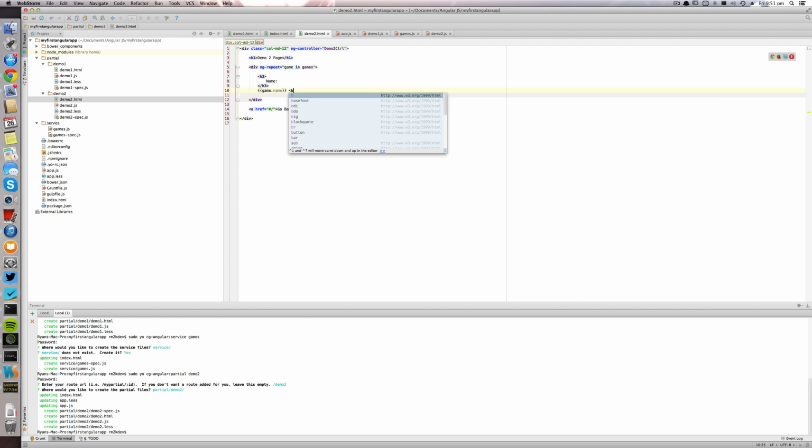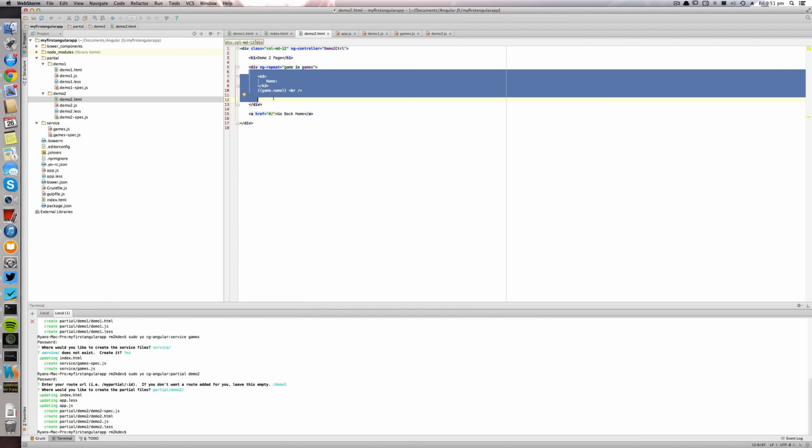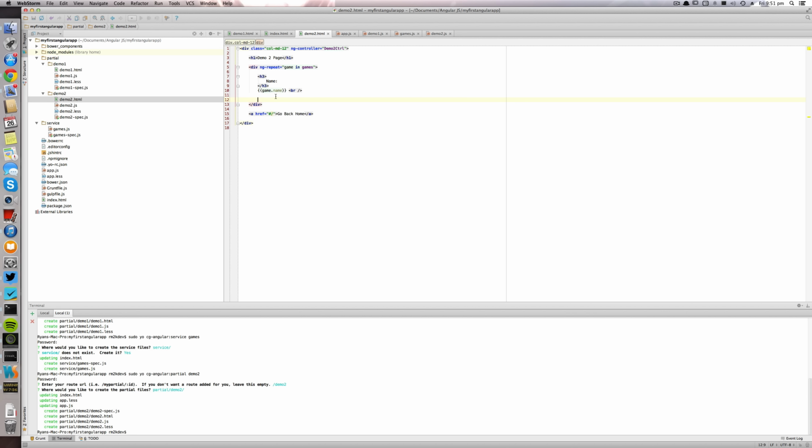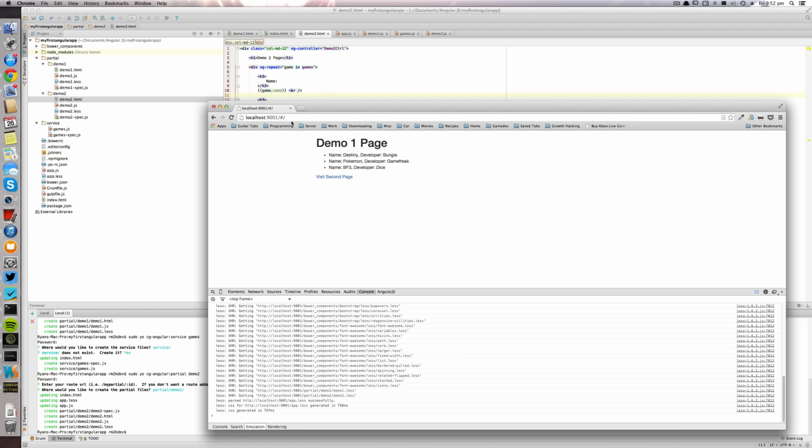Then I'm going to add a line break. This is just to show you guys that the templating is actually going to work with HTML. So this entire section of HTML will be repeated multiple times. Now if I say H3, and I'm going to say developer, and then I'll simply say game.developer. And we'll put a line break at the end of that as well. There we go. Now if I refresh this page,